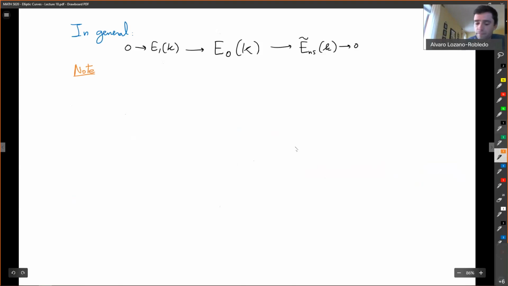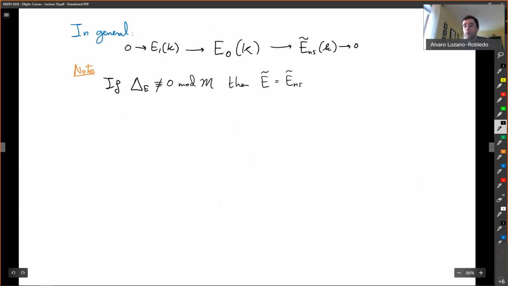So if the delta of E is non-zero modulo the maximal ideal, then the non-singular points are everywhere, so there are no singular points. So E twiddle is non-singular. It's an elliptic curve,